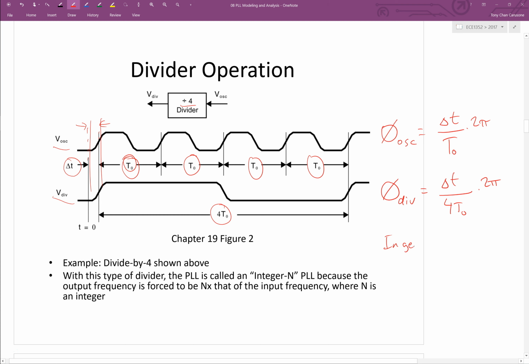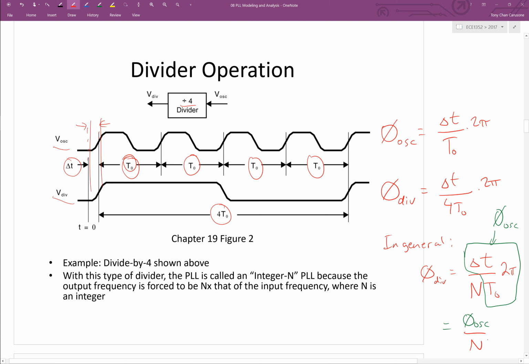In general, obviously, that number 4 would be replaced by whatever the divide ratio is, n. So this term here is the phase in radians at the input to the divider. So if we make that replacement,